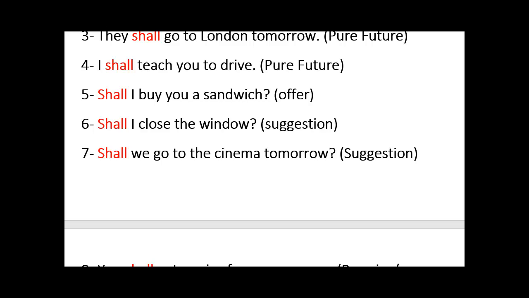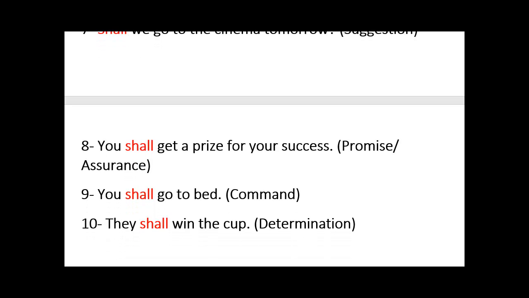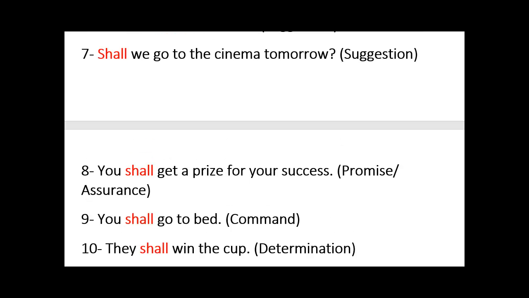Shall I close the window? Suggestion. Shall we go to the cinema tomorrow? Another suggestion, okay. You shall get a prize for your success. That's a promise or assurance. You shall go to bed. That's a command, okay. And they shall win the cup. That's a determination. Okay, that's how we use shall. And as you can see, the format's still the same, okay? Still the same when it is starting with a subject, or if it's a question and you start with the modal